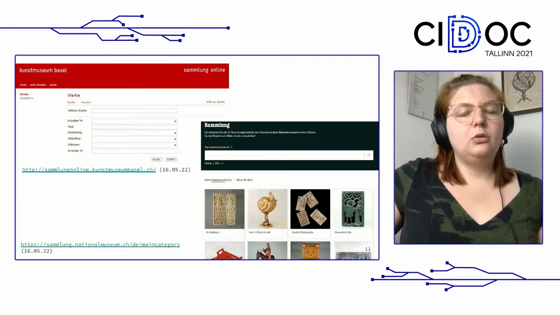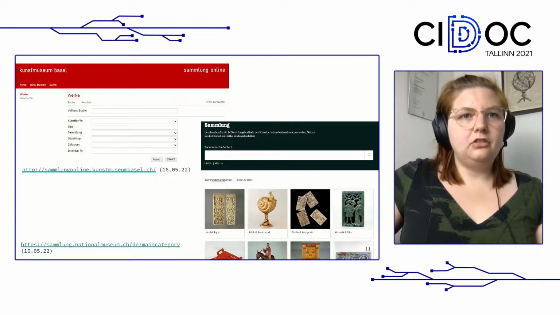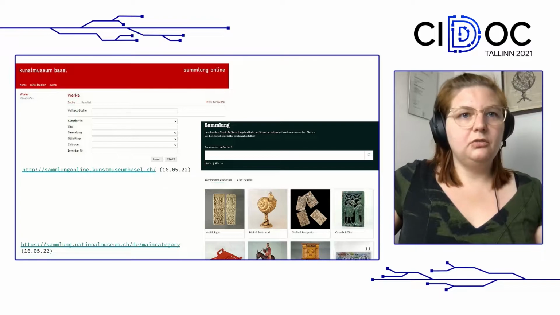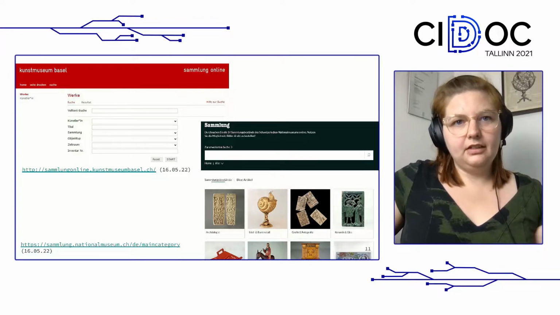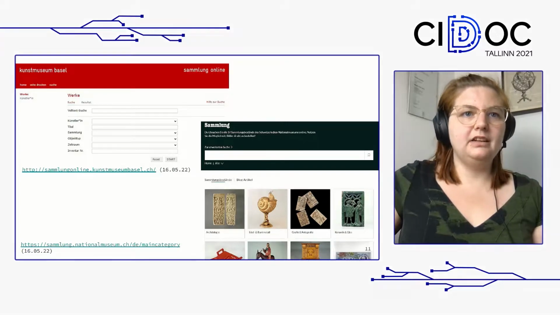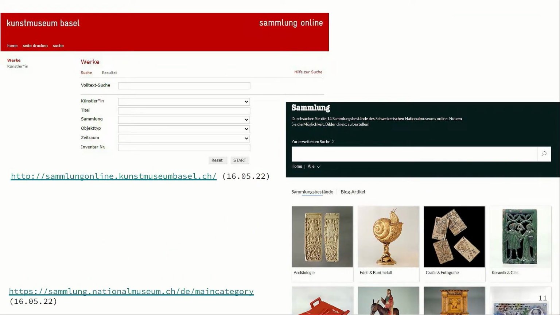And so it needs to be reanalyzed and restructured to fit the new virtual form. And then the question is, how can we rethink a collection with all the possibilities of the virtual space? And how can we let the public create their own meaning and create engaging storytelling experiences?